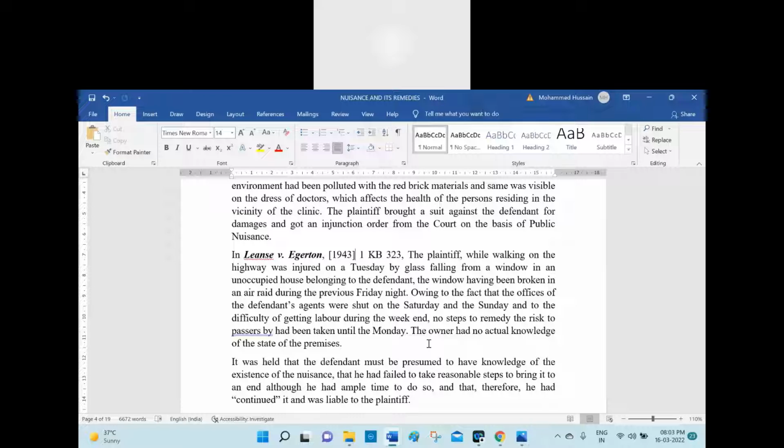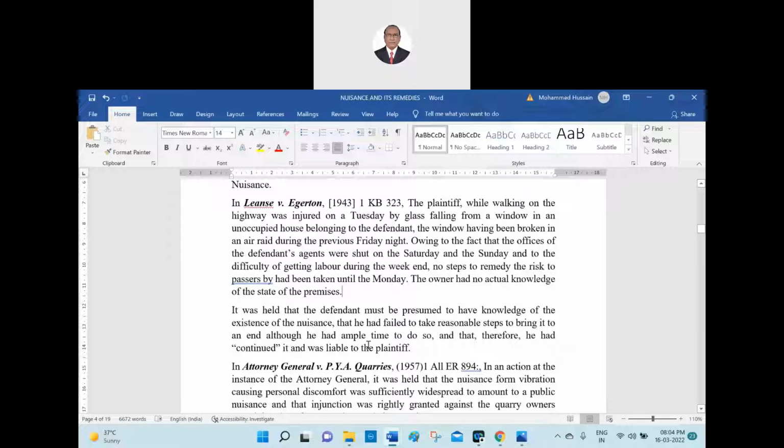So the splinter, the window having been broken in the air raid. And during the previous Friday night, owing to the fact that the offices of the defendant's agents were shut on the Sunday, and to the difficulty of getting labor during the weekend, no steps to remedy the risk to passersby had been taken until the Monday. The owner had no actual knowledge of the state of the premises. So whether it is a nuisance or not, the answer is